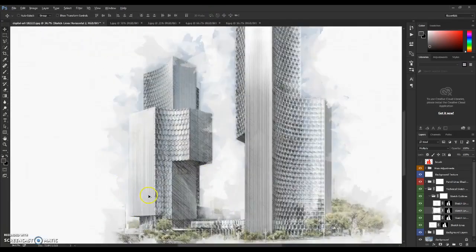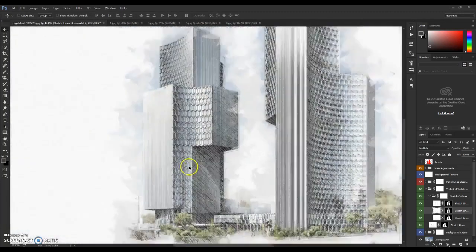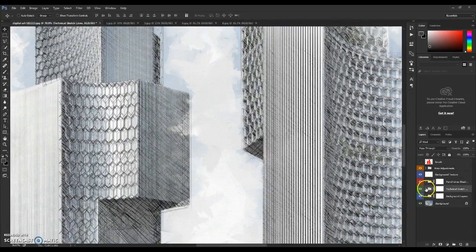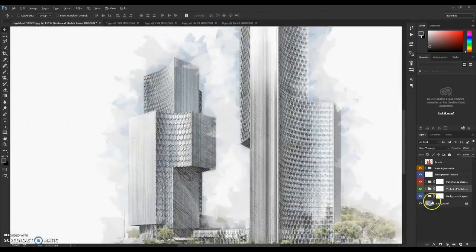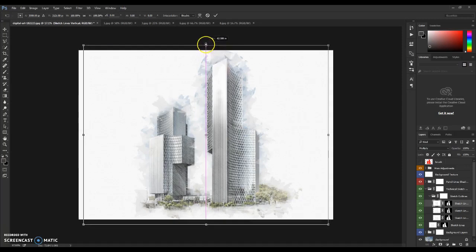So we're gonna make it like this. As you can see, it creates a very nice effect. And also you can do that for other layers. You can elongate them, as you can see,